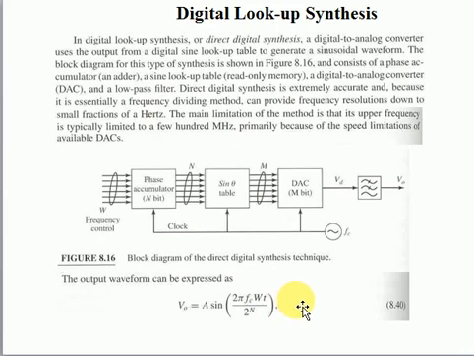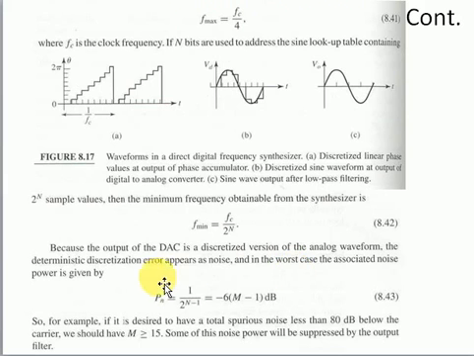By the Nyquist sampling theorem, a sine wave is uniquely determined if more than two samples are provided for each period of the waveform. Direct digital synthesis usually employs a minimum of 4 samples per period, in which case the minimum clock frequency should be equal to 4 times the maximum output frequency of the synthesizer. The maximum frequency of operation is given by f max is equal to fc upon 4.